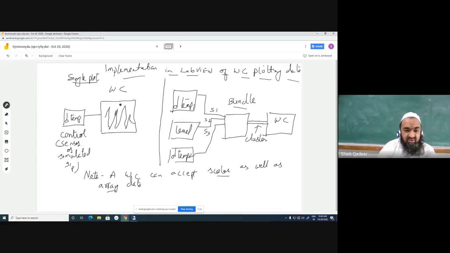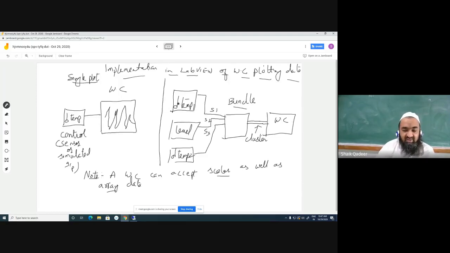The first example is for single plot. You see, in which I am taking a scalar quantity. Maybe it is taken from outside hardware sensor, or it may be a simulated signal. In this considered case, it is a temperature quantity which is giving single value continuously. So if we directly apply to waveform chart, then the implementation can be called as single plot implementation.